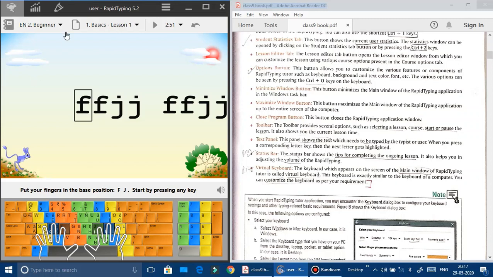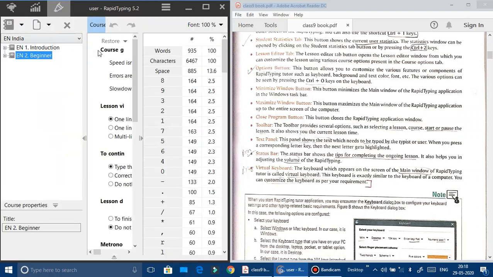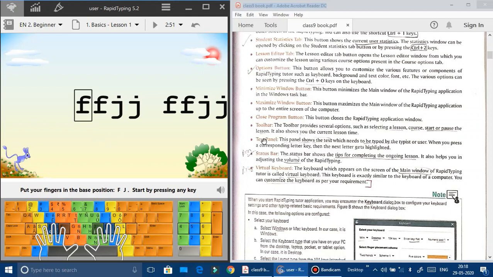lesson editor. So this is your lesson. Here we have the lesson editor. So these are the inbuilt lessons that I have shown you. A course has inbuilt lessons, but if we want to modify any lesson, we can make new lessons here also. Okay, I'll let you know there how to add a new lesson. That is there in your syllabus also, I'll let you know.